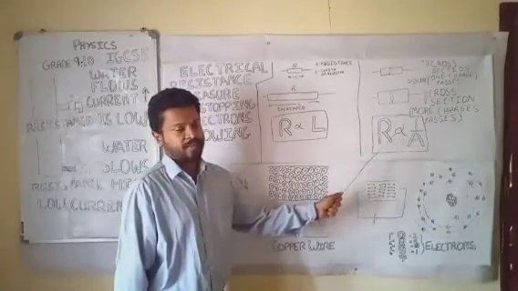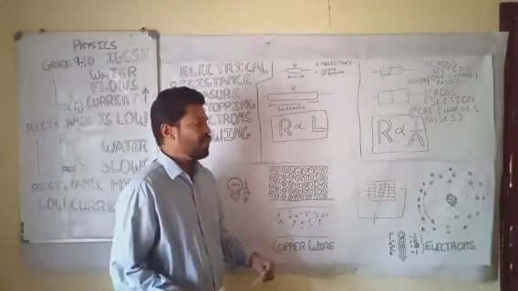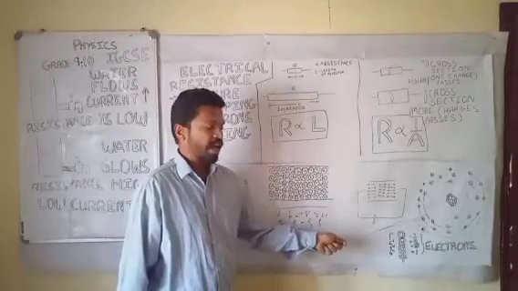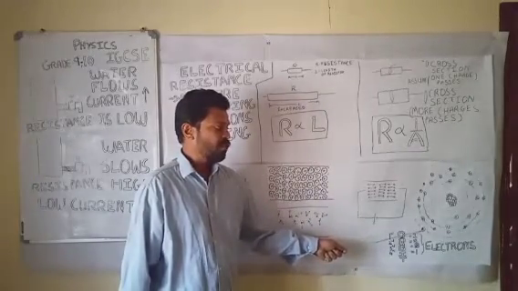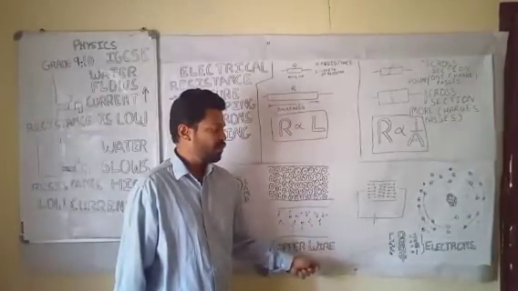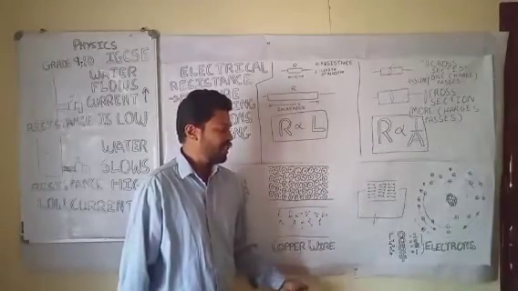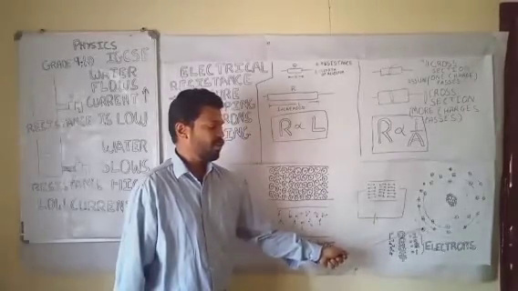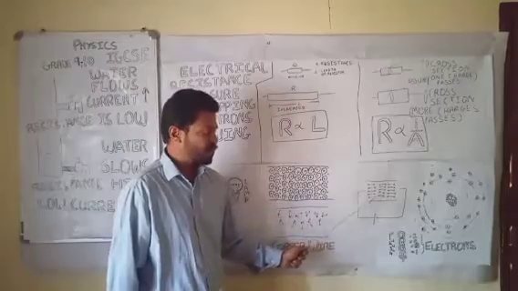Okay. So as we have discussed earlier, you have seen out here, this is a copper atom and there are free electrons out here. In the outermost orbit, you can see one electron. This is the electronic configuration. First orbit 2 electrons, second orbit 8 electrons, third orbit 18 electrons, and for the fourth orbit, the last orbit, we have one electron. This is a loosely bound electron and this is responsible for the charge.